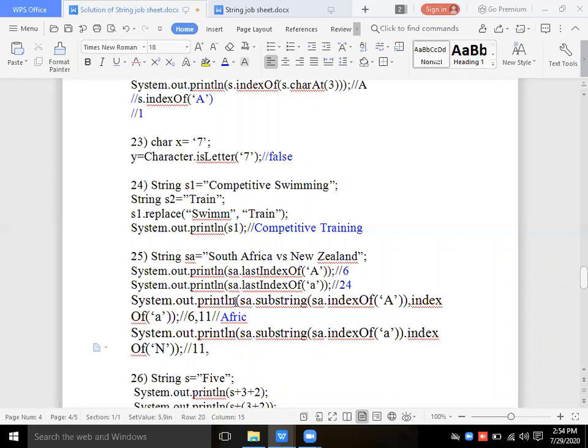So it will give you 11 to 15. 11 is small a. 11, 12, 13, 14, 15, from a till the space. Yes.